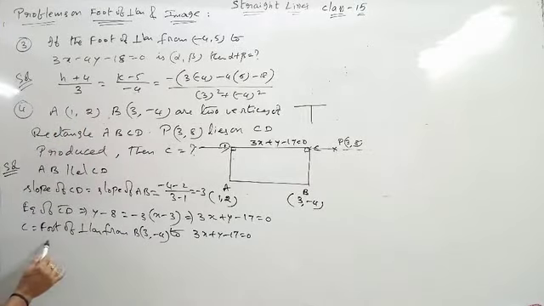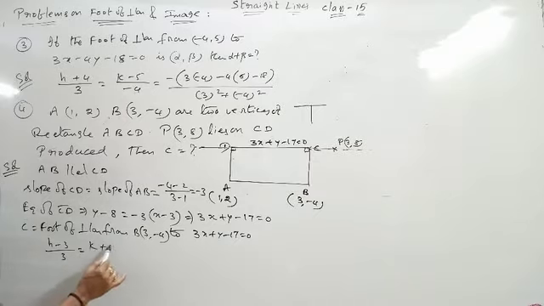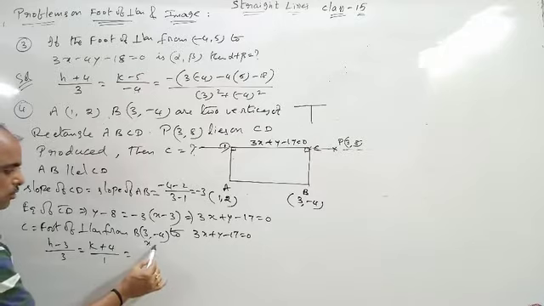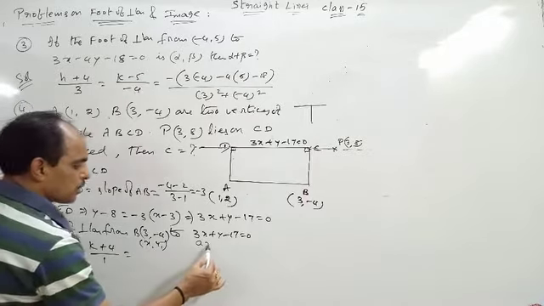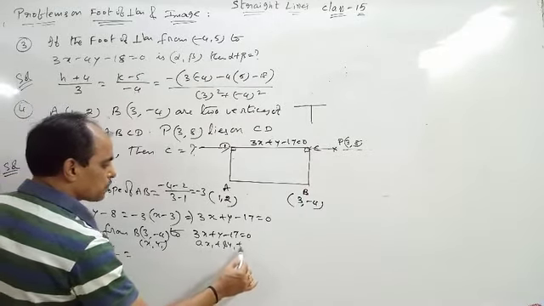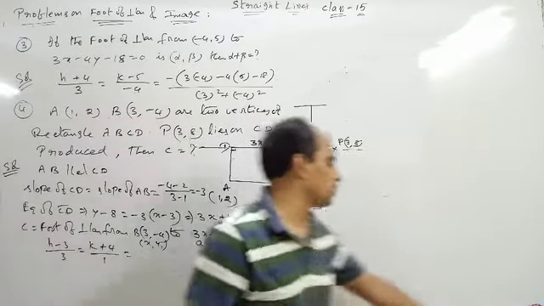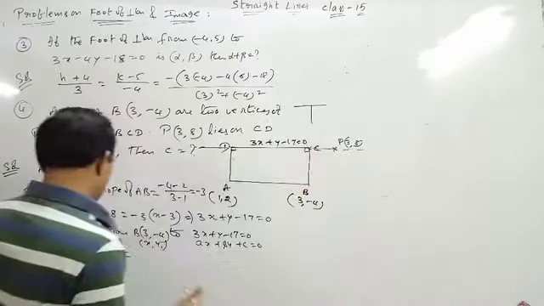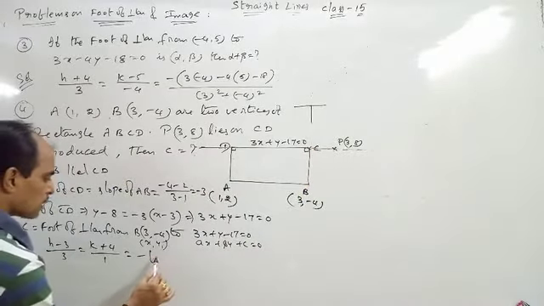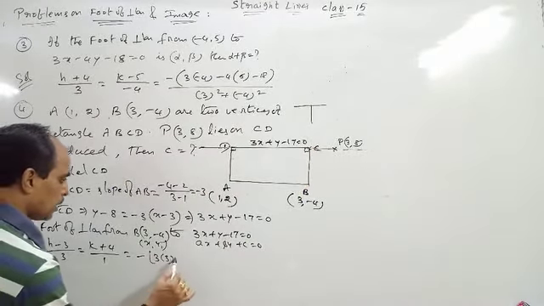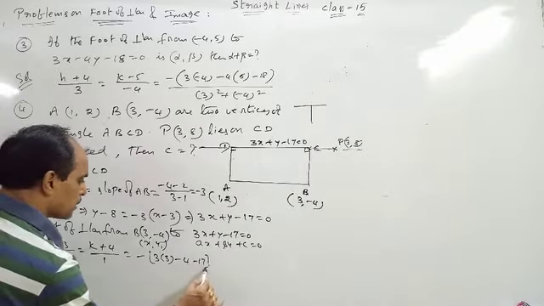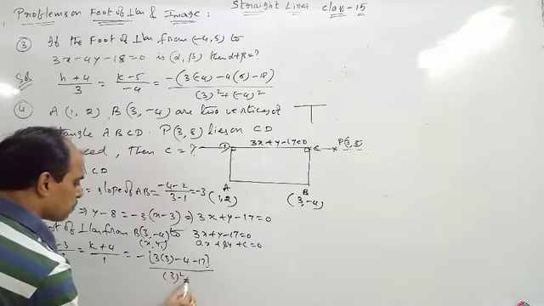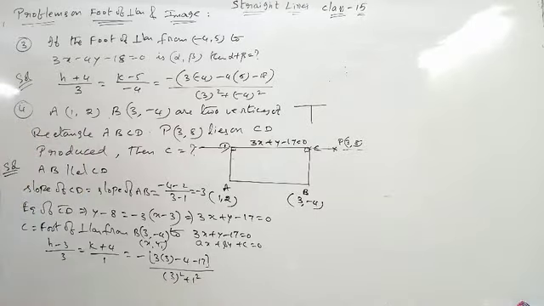So what about the point? (h minus 3) by 3 is equal to (k plus 4) by 1 is equal to minus of, where we have to consider this as x1, y1, and this one is ax1 plus by1 plus c, for the line ax plus by plus c is equal to 0. Okay. Now substitute the point: 3 into 3 minus 4 minus 17 by 3 square plus 1 square. You simplify, you will get the solution.